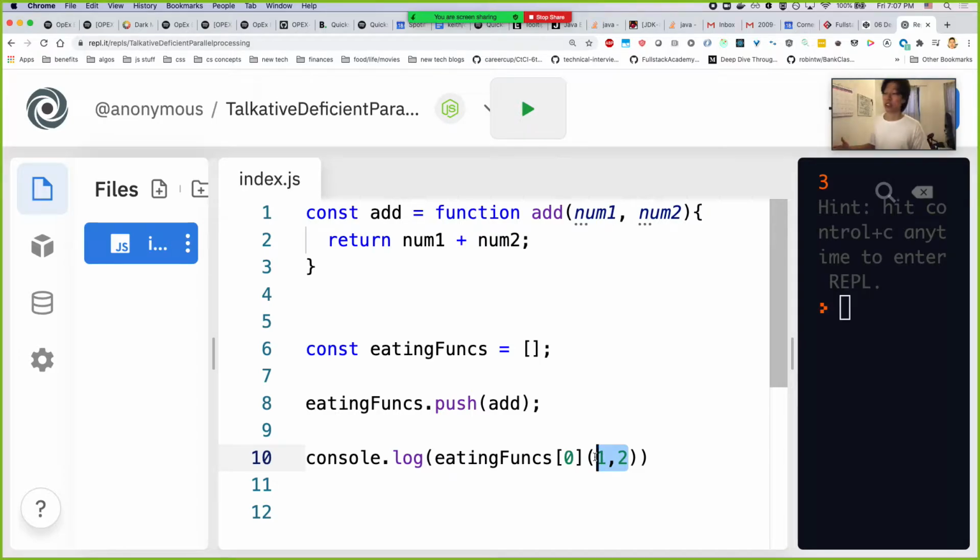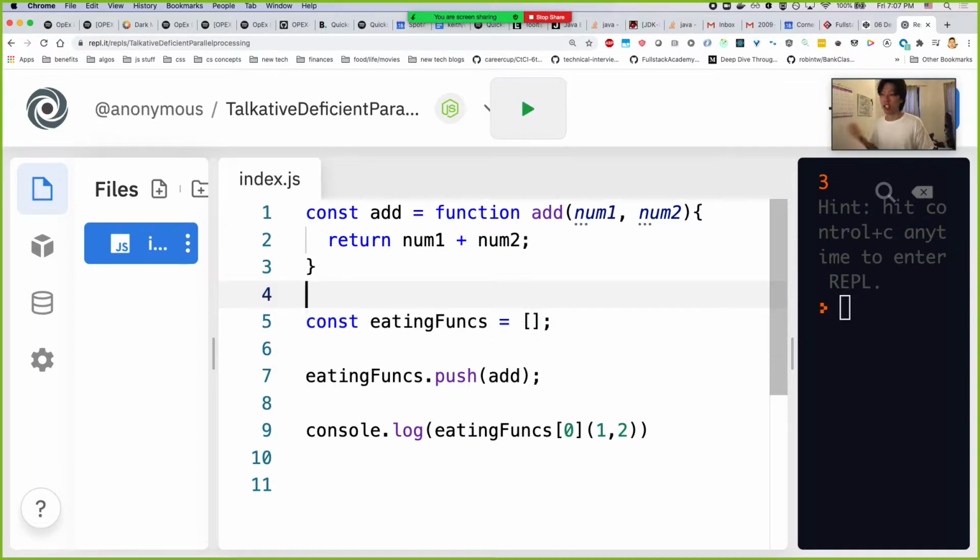And why is that important? Like, who cares, right? Why would we ever pass functions into arrays? That seems kind of contrived. It just seems like some theoretical thing. Yeah, it works, but why should we care? Well, we should care because